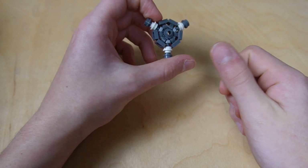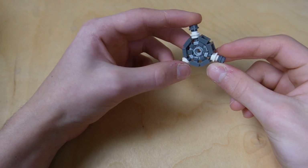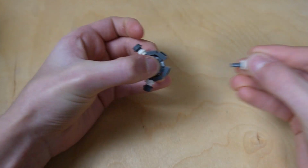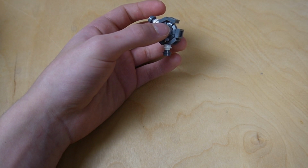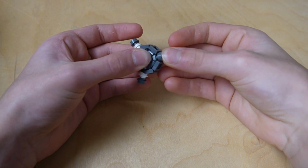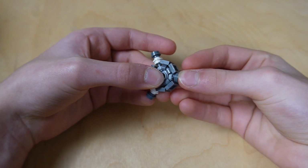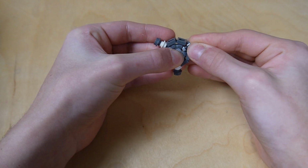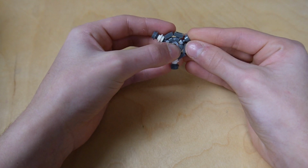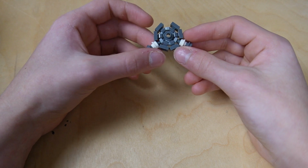And I think this looks really good if you're using it for some kind of mechanical looking thing. And you can just replace these with something like one of these 1x1 tiles with a rod. It's kind of hard to get in there sometimes, but I have gotten it to stay in, barely, so I wouldn't recommend doing that, but if you do want a little bit of a smoother look, you might be able to get that in sometimes. Anyways, that wraps up this technique. Onto technique number 7,